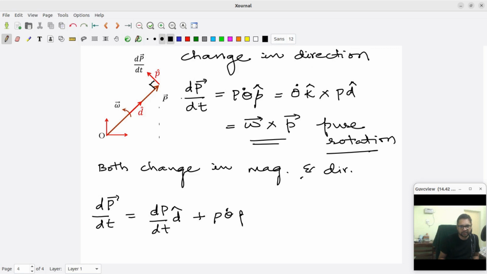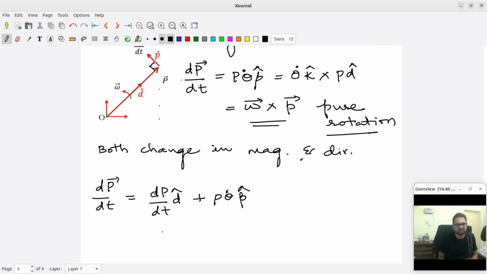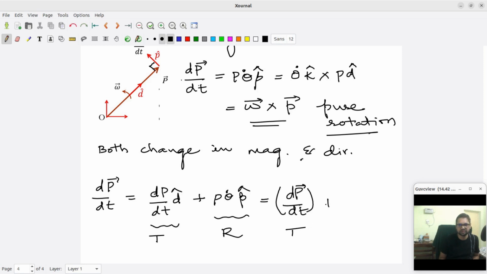So this is your translational component, this is your rotational component. This can also be written as dP by dt in parenthesis as translational component plus omega cross P, which is a rotational